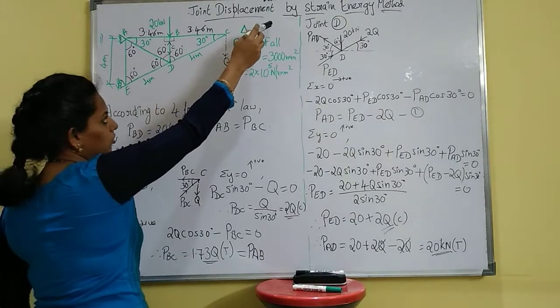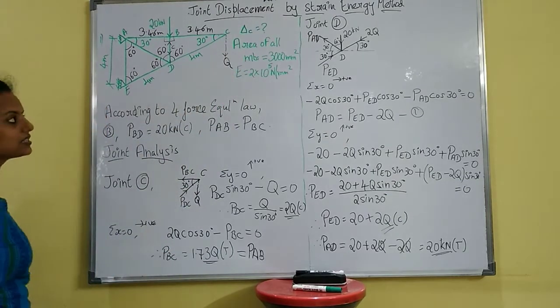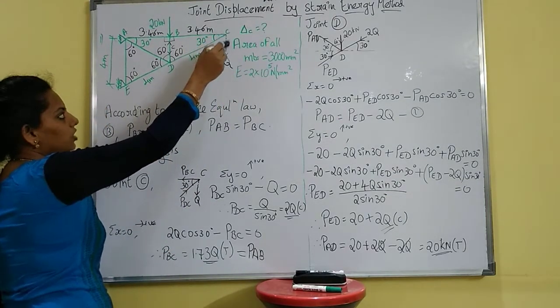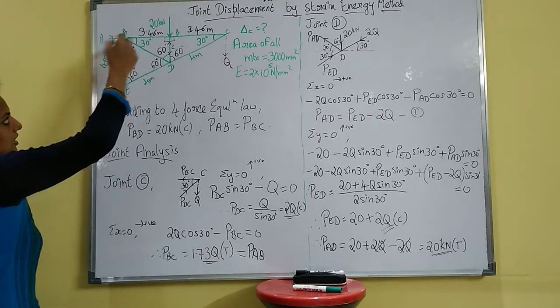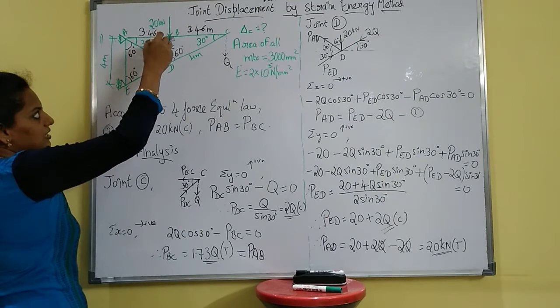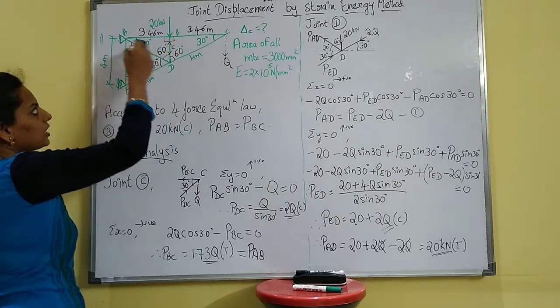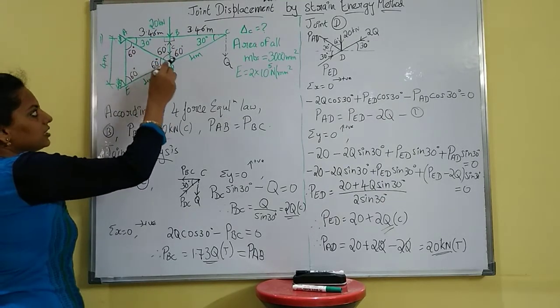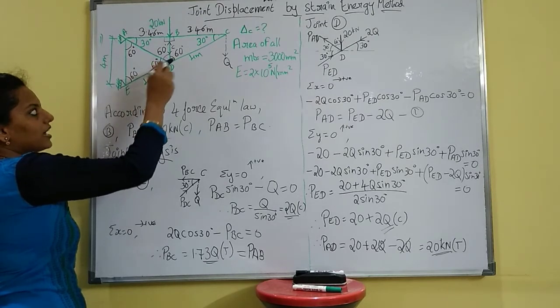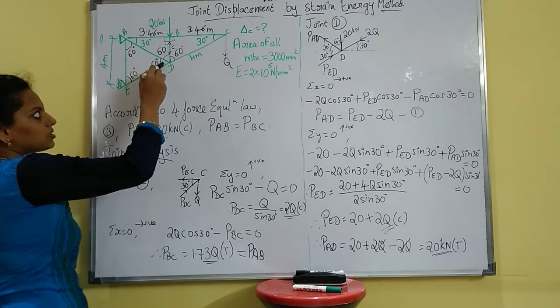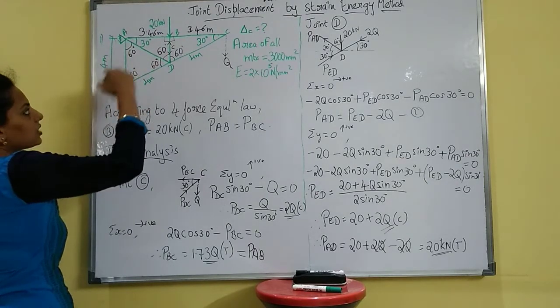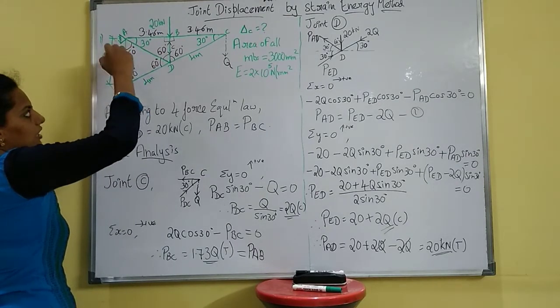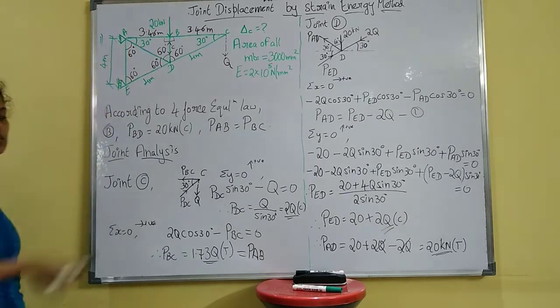Here they have told us to find out the displacement delta C. So at joint C, just draw the Q, and these are the given. So 30 degree is given. Here it is 30 degree, this is 90, so it will be 60 over here. Similarly here, the total is 180 degree, so 60 plus 60, 120. This will be again 60 degree. Remaining here 30, again 60. And this total triangle is isosceles, so it will be 60, 60, 60, an equilateral triangle.